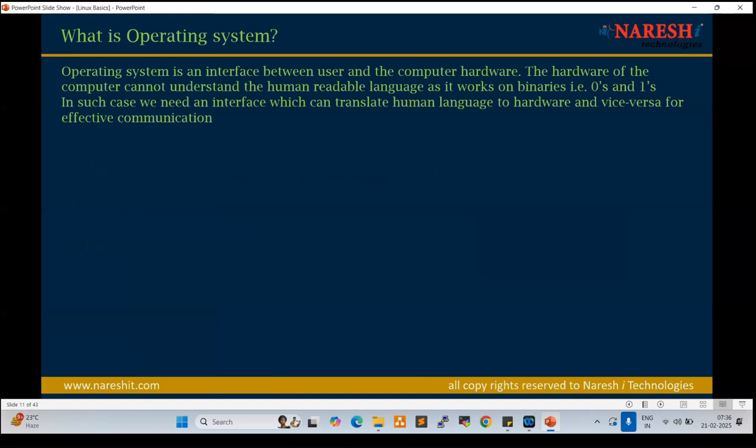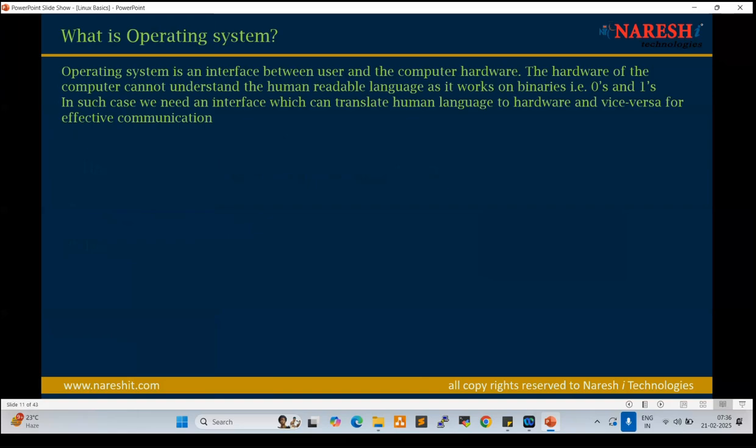For example, I went to Vietnam. They don't know English, they don't speak English, very few people. So in that local office, one local person used to translate our language to their language and their language to ours.